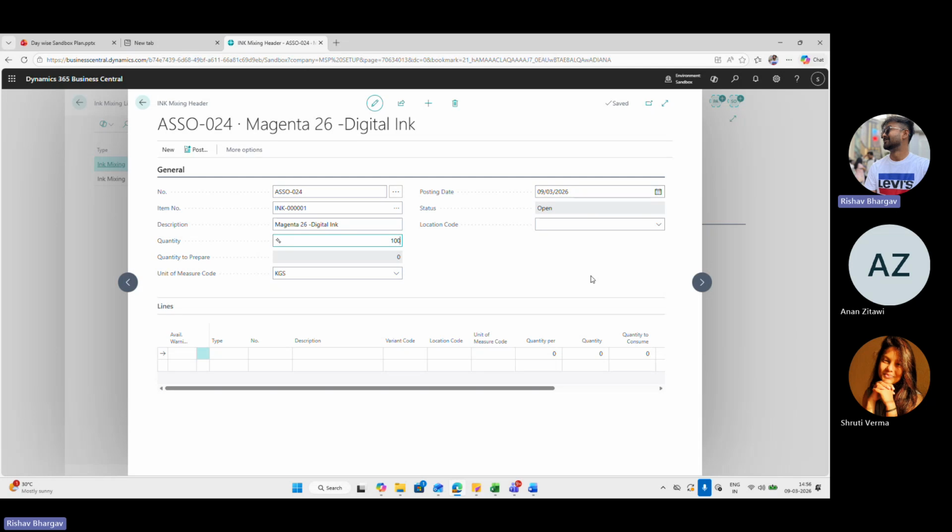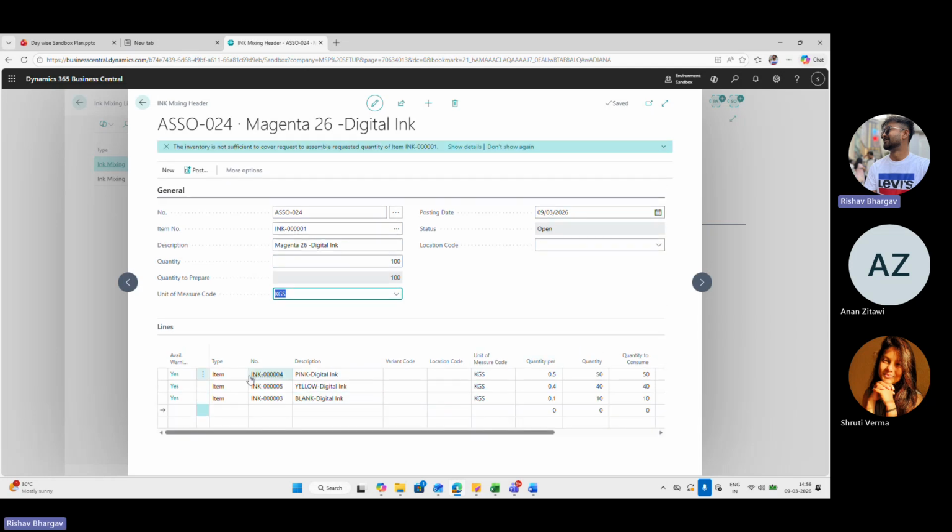If we fill 100 quantity, here in the line you see 3 items have been assigned. Ink number 4 has quantity per and quantity. Quantity per defines how much kg you need to make 1 kg of magenta ink, right?